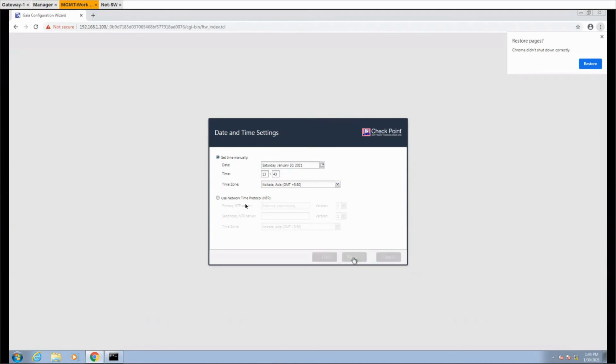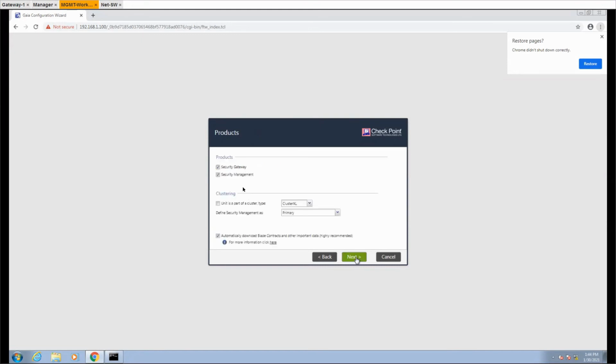Now click next. And then here we have the option to deploy security gateway and management. And then there is another option, multi-domain server. Multi-domain server is for when we have a multi-tenant environment. But if we don't, then we can go for the security gateway and security management option. Right now I don't have any multi-tenant setup, so I'm going with security gateway and security management. Then click next. Here, which product you want to install. If you install both products, your deployment would be standalone.